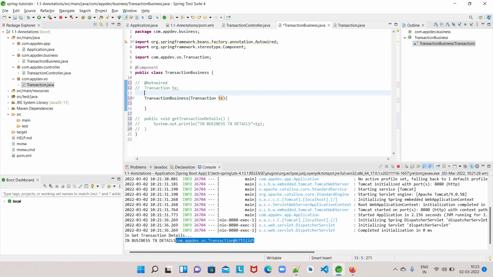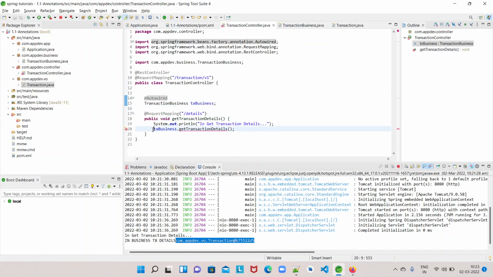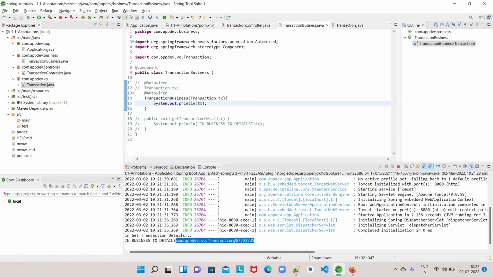Then we have to mention @Autowired on this constructor. Let us print in the constructor now. Now let us see what happens. Transaction business constructor is having a transaction dependency.